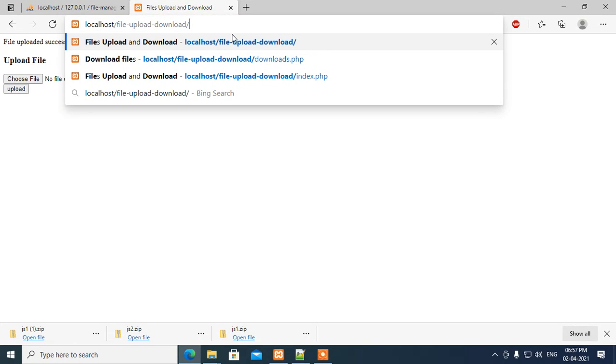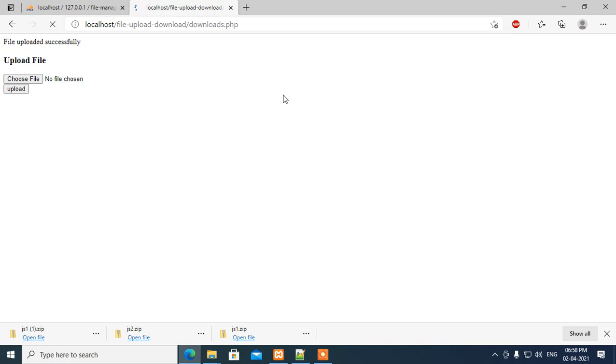If I want to display which files are uploaded, then I have to run another program named downloads.php.